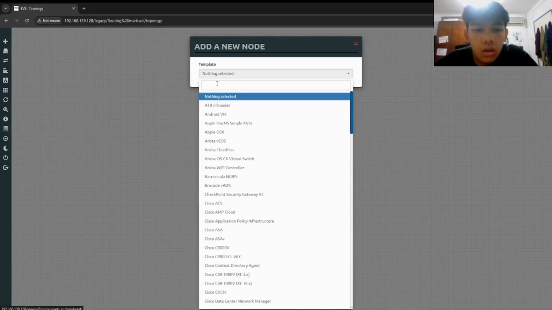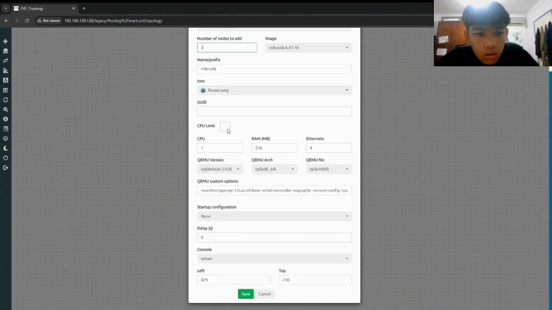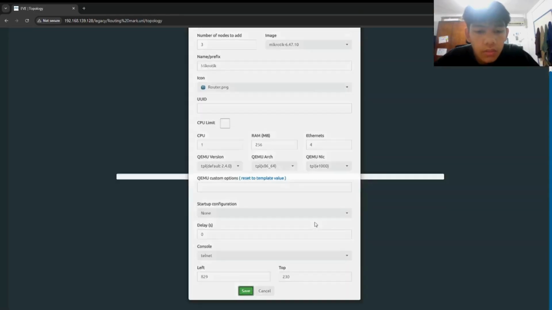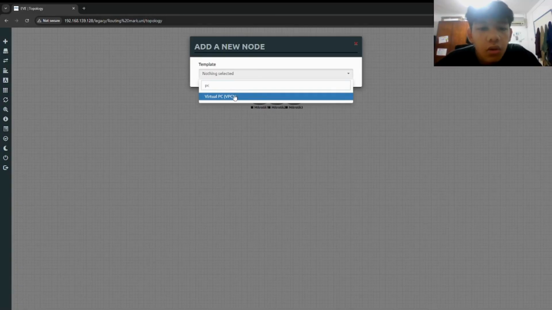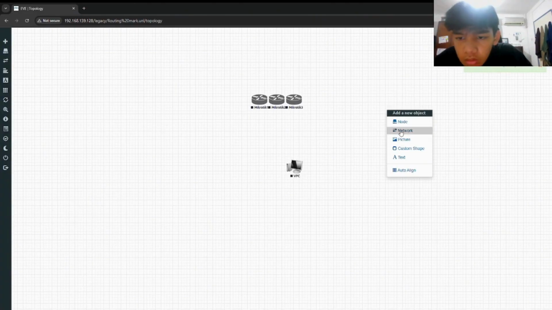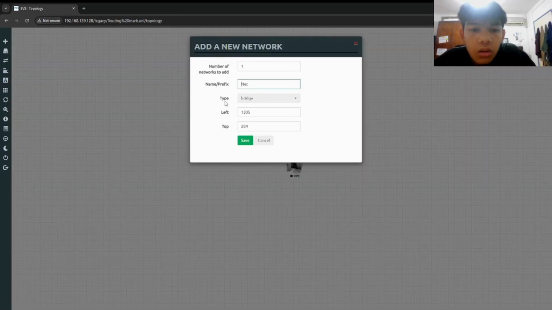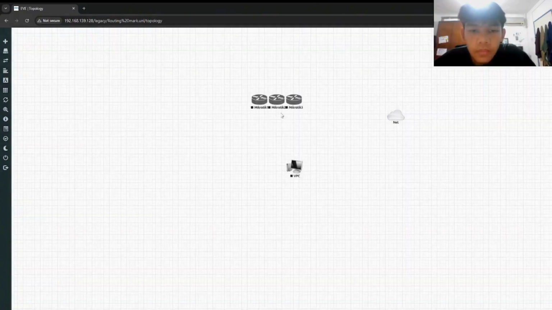Okay, so the first one, you can add an object, or you can right click on the mouse and then choose node, and then you need the MikroTik router OS, and you need 3 of them here. In custom option you can set the chat relay, click space one time and then save. Then click node again, and we need a PC as a client, and then we save again. There's another tab called network. You click the network, and in the type you choose management cloud, then save, and then you can make the position.